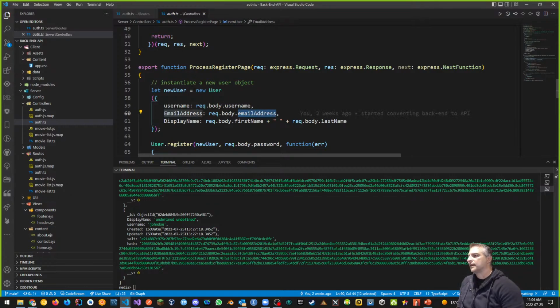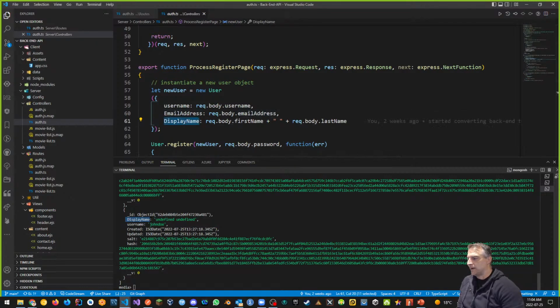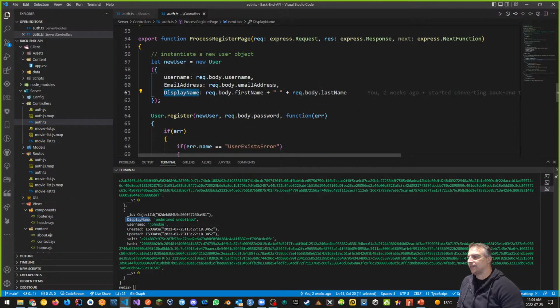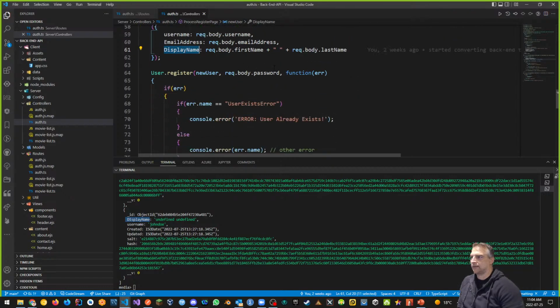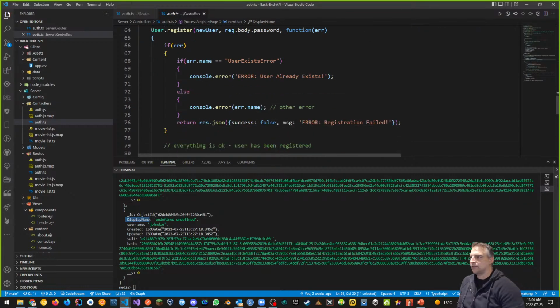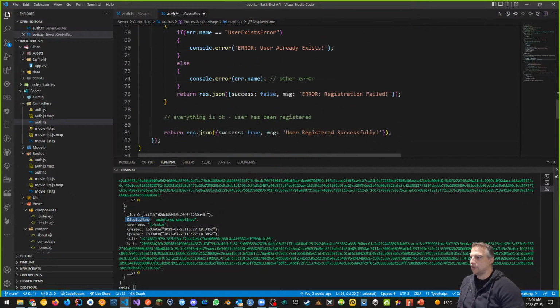So what we can do is look at the request.body.whatever, but we know that the display name that we're getting, when I combine first name and last name to make the display name, is empty, completely. It's undefined, like I'm getting undefined here when I'm coming through. So that is a problem that we've got to fix, right? Because otherwise, sure, we're registering, success is true, but one thing that can really help us, when the user is registered, is we want to do some